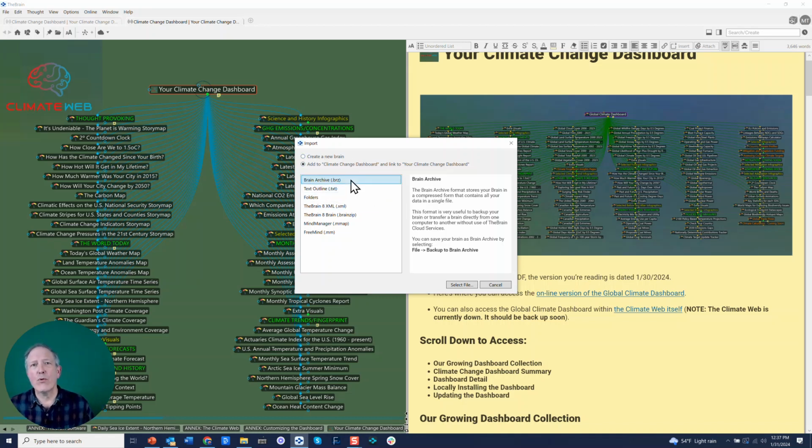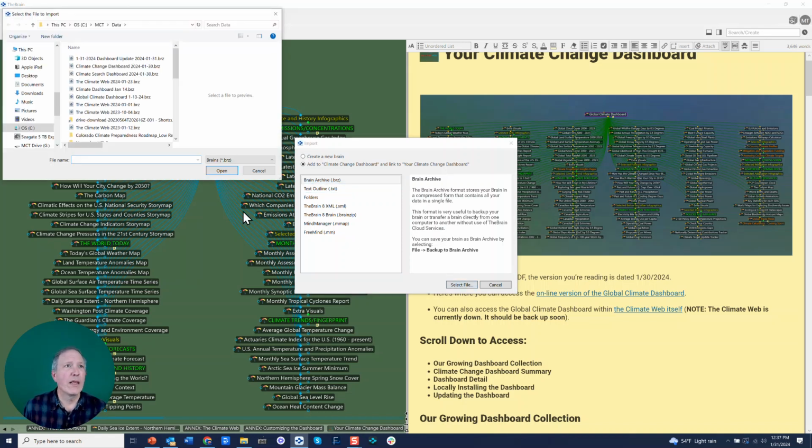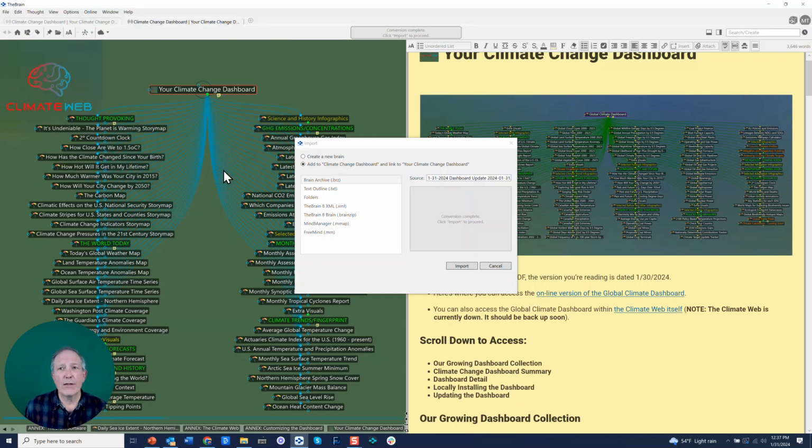And so again, you would make sure to choose BRZ. You click Select File. And in this case, I'm actually going to click on the dashboard update. This is exactly the file that you'll be receiving if you've already signed up for the dashboard. And so we think you might want to update the dashboard. I'm going to say to open that BRZ file